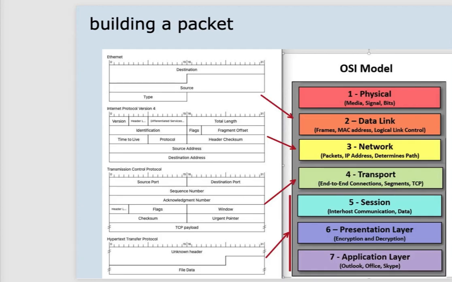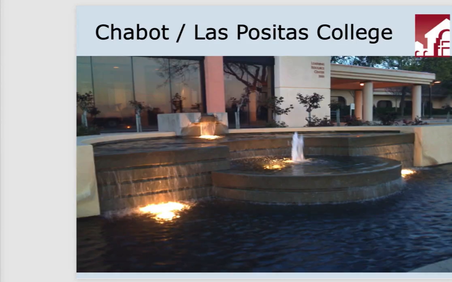So now you see the processes that your computer uses, application working with the operating system, the software, firmware, and hardware built into it to build every single packet that goes out of your device and disassemble and make use of the information inside every packet that comes back. So I hope this gives you a good understanding of the processes that are going on, so you can think about that and remember that when you're trying to diagnose a problem or when you're thinking about working on security for your systems.